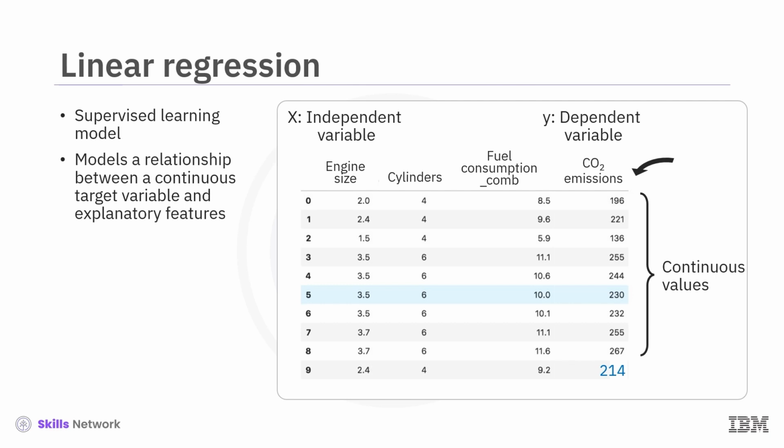Consider this dataset related to CO2 emissions from different cars. The features in this dataset include engine size, number of cylinders, fuel consumption, and CO2 emissions from various automobile models. Given this dataset, is it possible to predict the CO2 emission of a new car from the listed features? The answer is yes. Using potentially predictive features, you can use regression to predict a continuous value, such as CO2